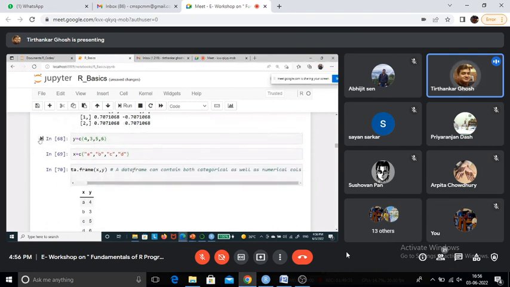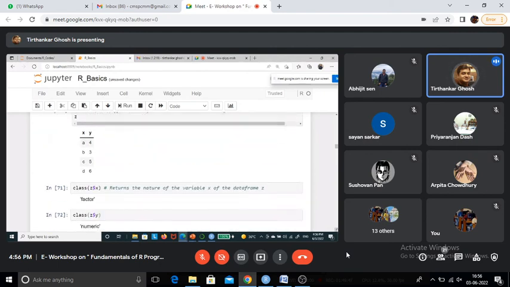Now this one is data frame. Y is a numeric variable, X is a variable with character, and we are defining a data frame. It is data dot frame X comma Y. So this is basically how it looks like.